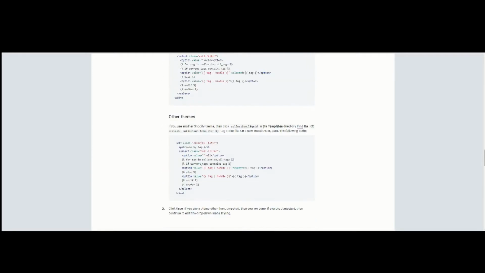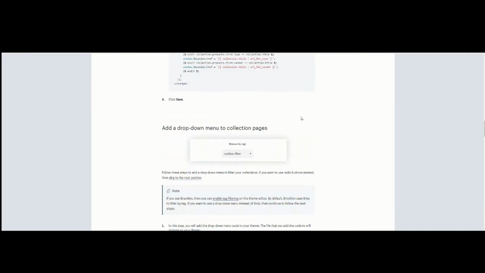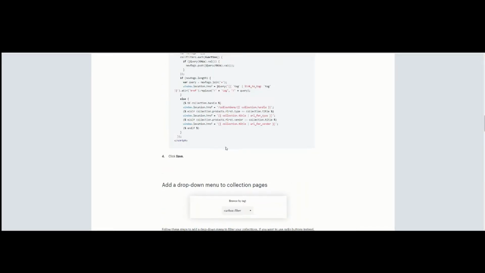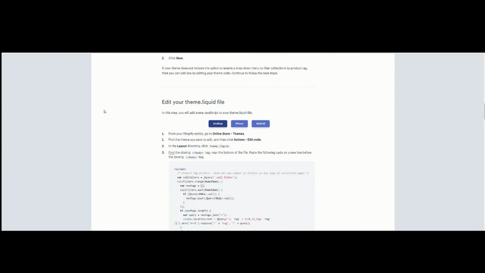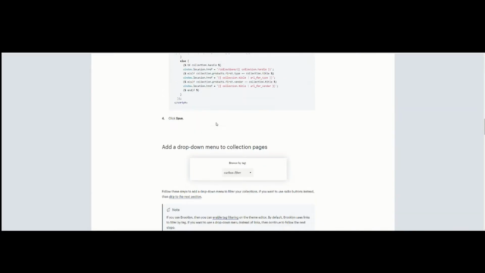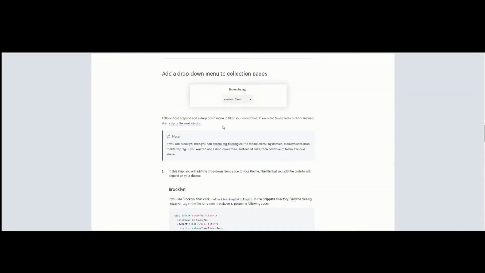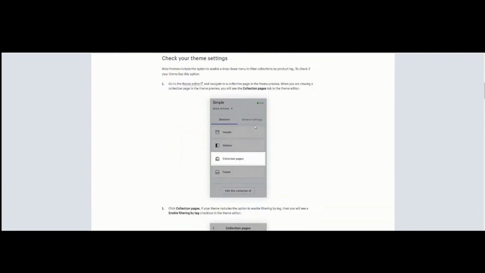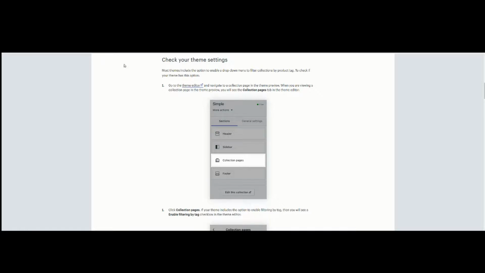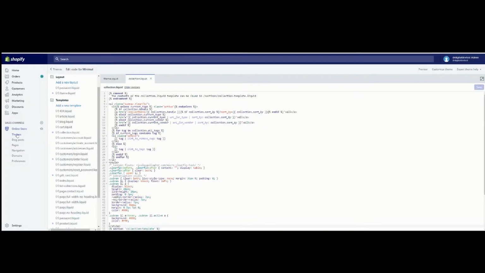So I've gone ahead and done the copy pasting for this, and I'll link the URL to this guide in the description. But essentially, if your theme already allows for tag filtering, you can enable it by going into your